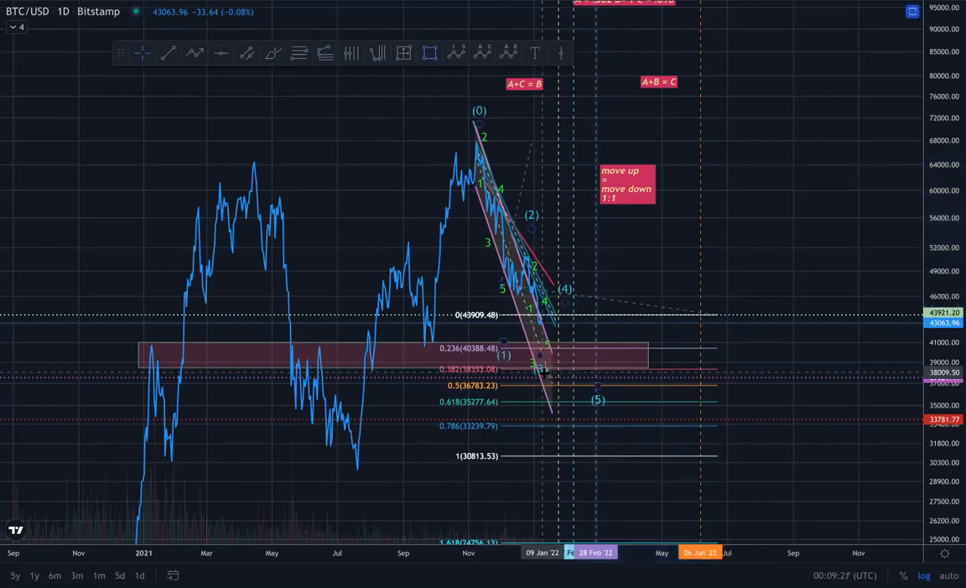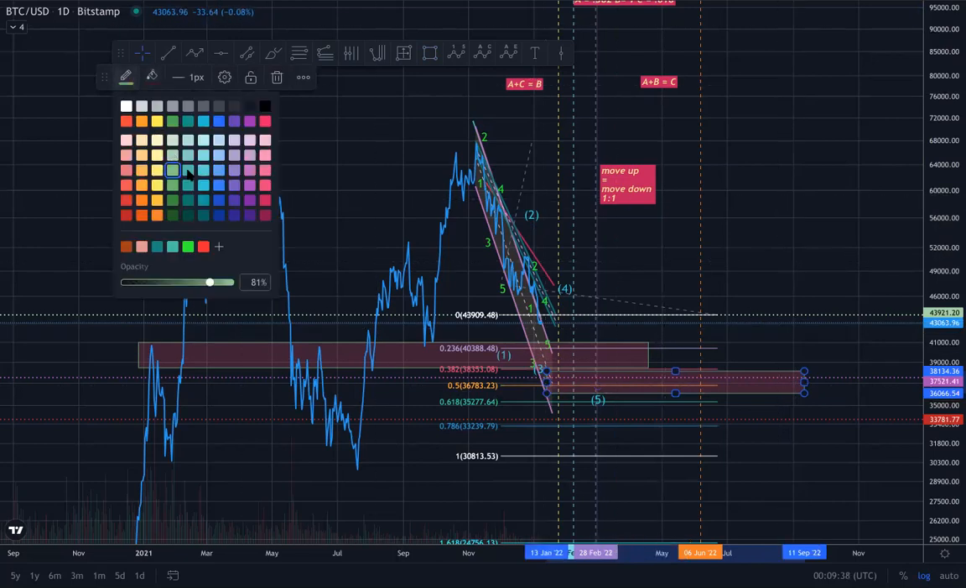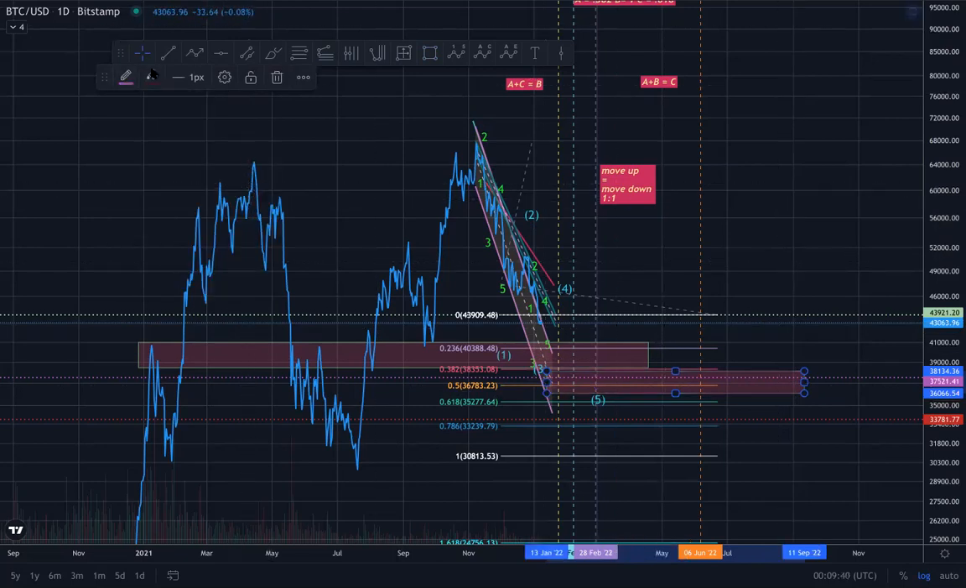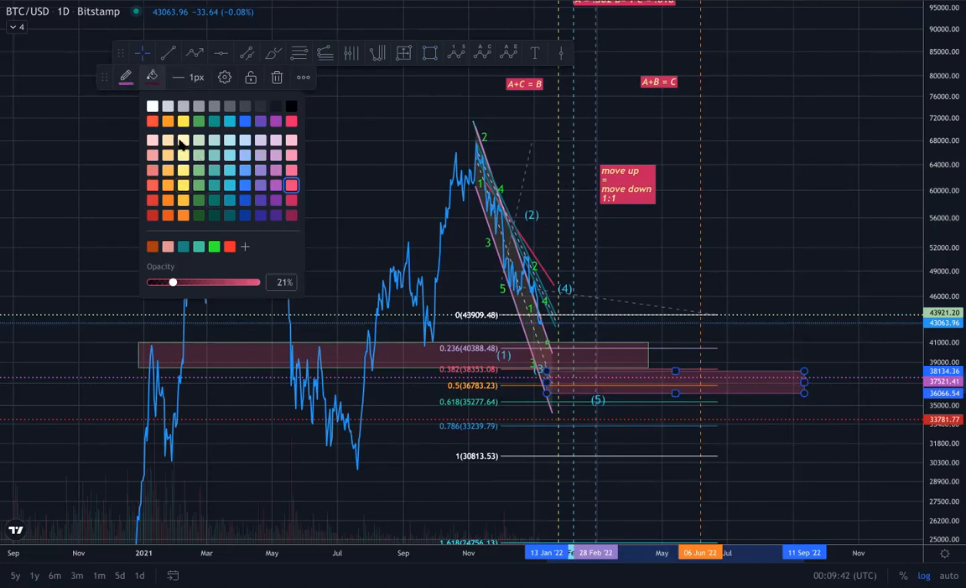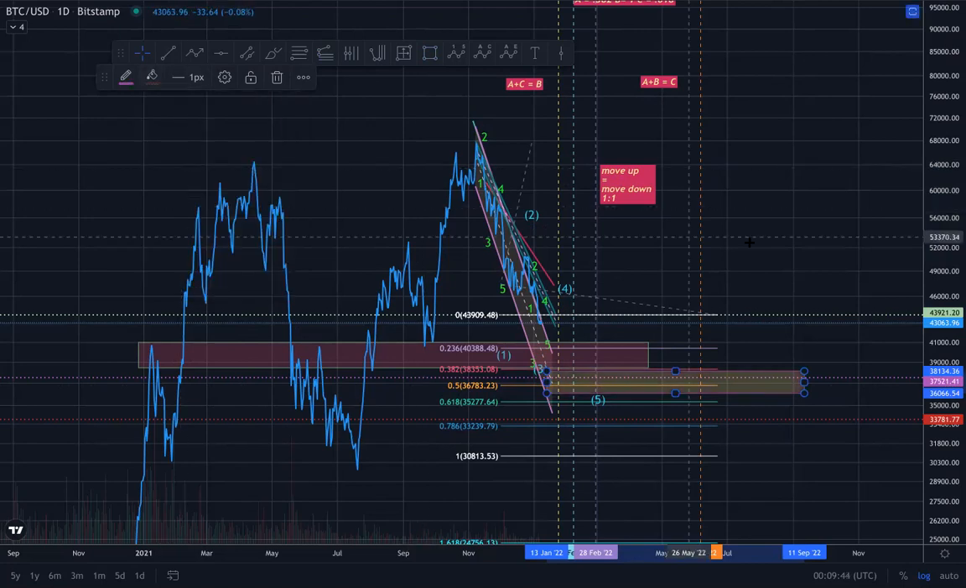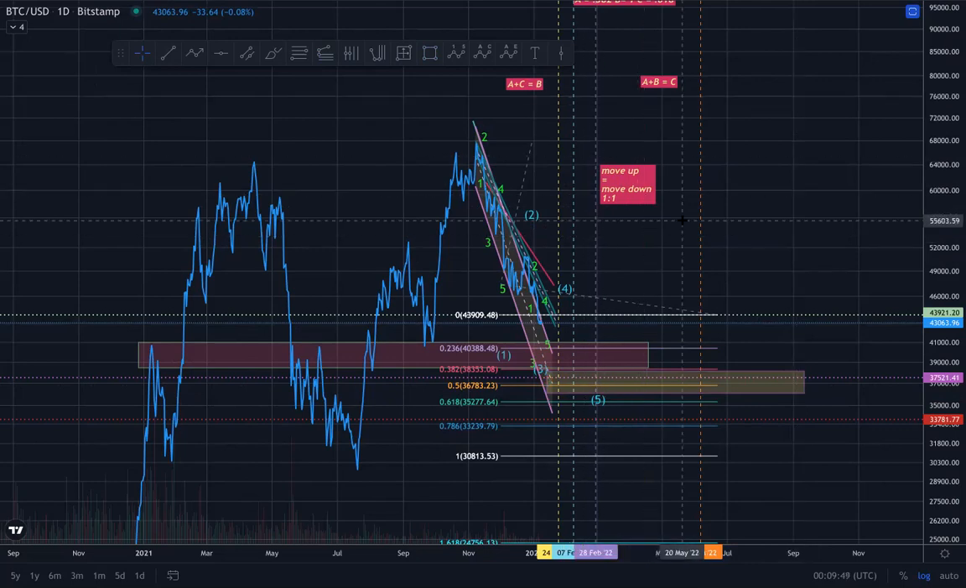So let's plot that as a potential fifth wave zone. Okay, and we'll give that some different colors. We'll plop you there and we'll plop you there. Okay, so that's your fifth wave potential. Okay, and there you have that. Now we'll also